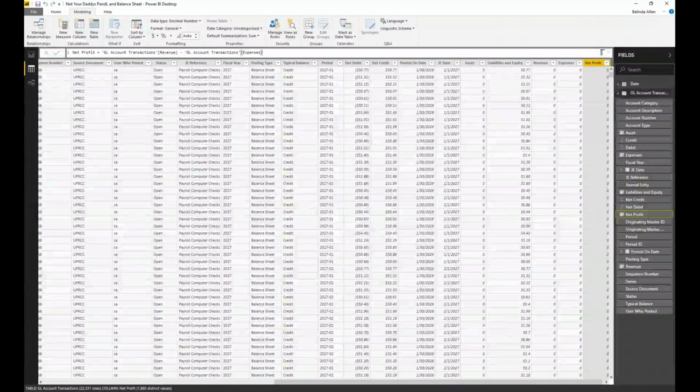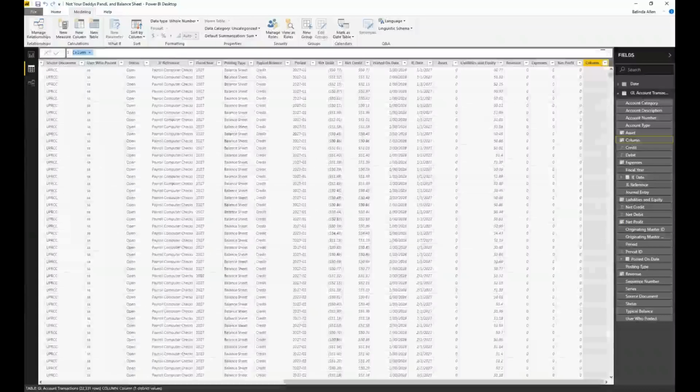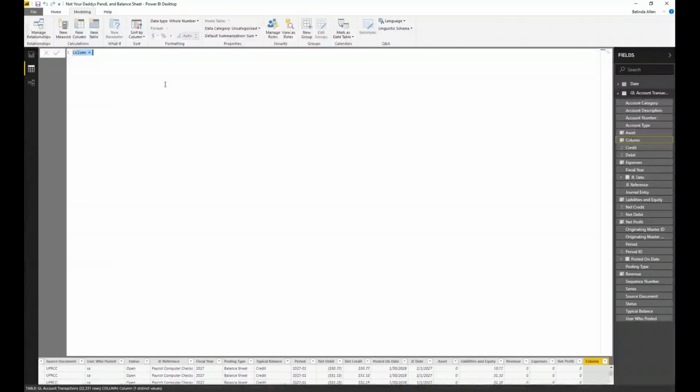Now, one more thing that I want to do before I leave here is I'm going to just copy and paste this one as well. I'm going to create one for, let me make this bigger, for payee. And what this one is doing is I'm saying if the originating master name is blank, then put the source document.